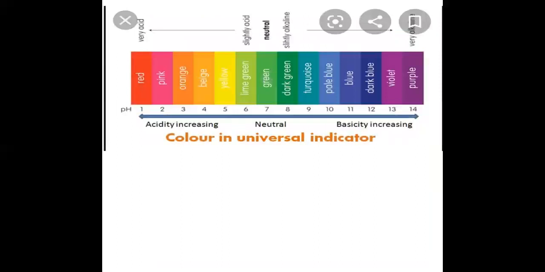The first method, the pH scale, this is the pH scale, which is also called universal indicator. You can see that at different pH, the solution has different colors, and different acidity or basicity. pH 1 is a very strong acid, and pH 6 is slightly acidic, means weak acid. pH 7 is a neutral solution, and then pH 8 is slightly alkaline, and pH 14 is a very strong alkaline solution. At different pH the solution will have different colors.